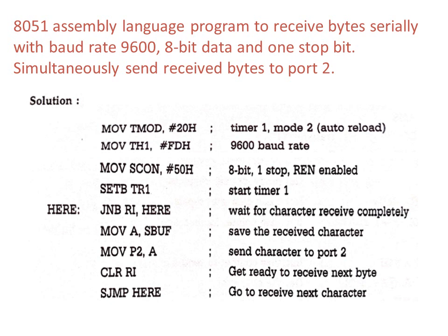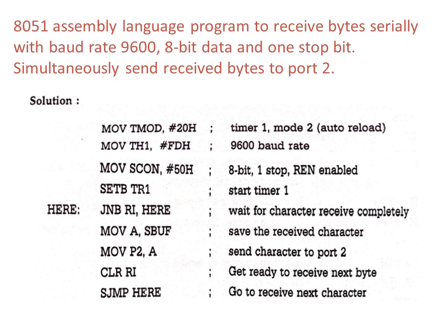Here the logic follows something like this. If the serial buffer has received any data, it sets the RI receive interrupt flag, or else the RI flag will be holding the value 0. So what we need to do initially is check whether RI is set or not. If RI is not set, we need to wait. If RI is set, just copy the content of SBUF and send it to the required place. So that is what is done here.